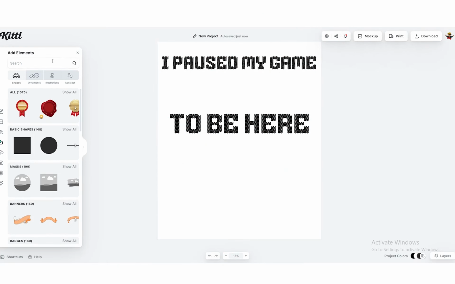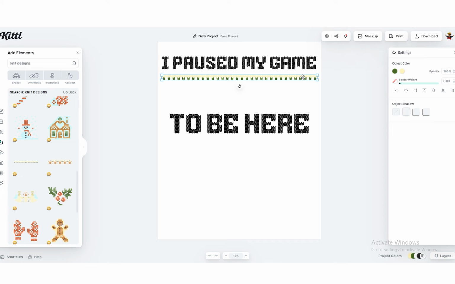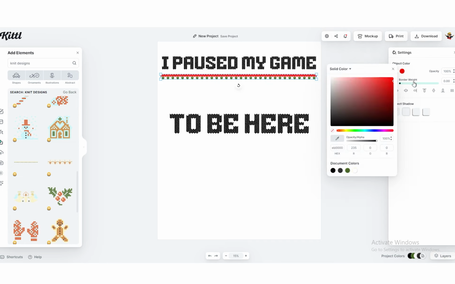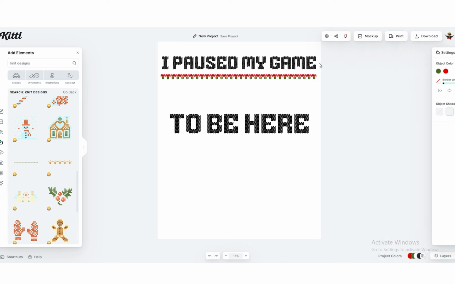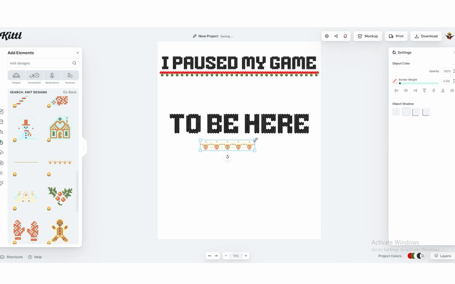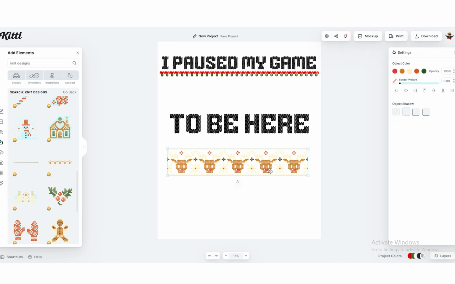Let me take this one here, scale it up and place it under the first text. We can change the color of any element you take. For example, here we can change the yellow to red maybe. Alright, we're good. Let's add this next graphic and also scale it up, and this will be fine in the